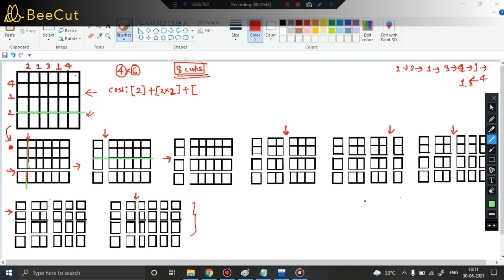So the moment you cut it along this edge, what is the challenge? The challenge is, what is the cost of this edge? The cost of this edge you can see is nothing but 1. So 1 here, and again 1 rupee you have to invest to cut this block, because you see these 2 blocks are separate. So cost is 1. How many times? 2 times. 1 for this, 1 for this. Fine. So this is how your chocolate block will look like.